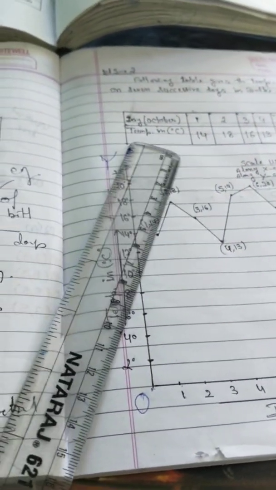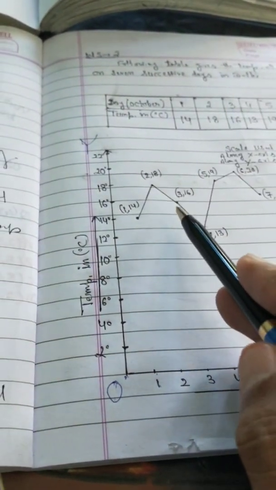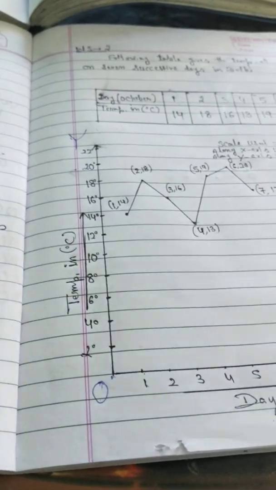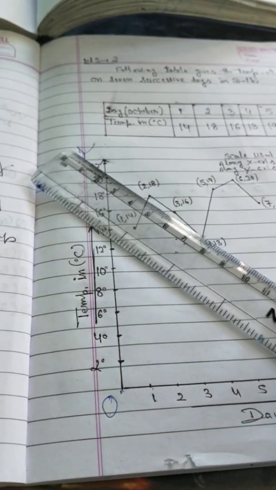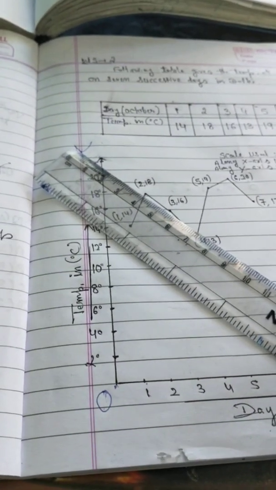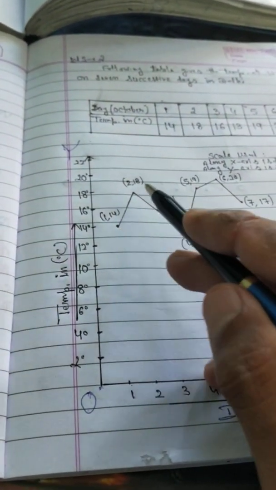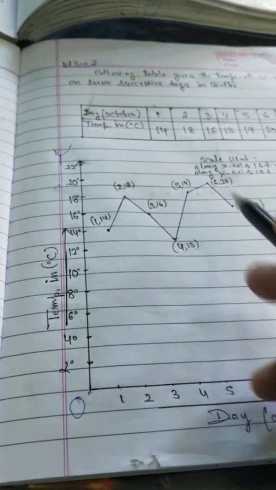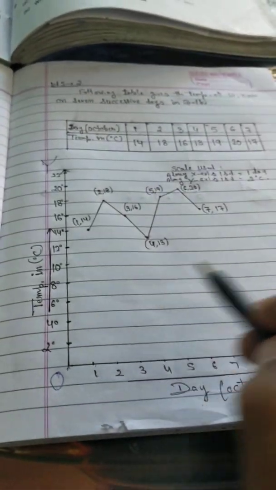Join them with the help of a scale and pencil. Join this point with this. Then again join this point with this and this. You cannot join a point with one that is not next to it, so this point is left. You can join only 2 points at a time. Join this and this one point, this one and this one. So in the end you get a graph. In this way you can plot points and draw a graph on graph paper.